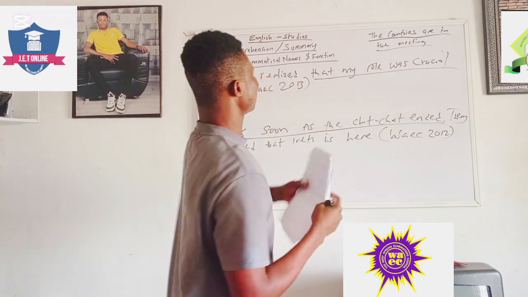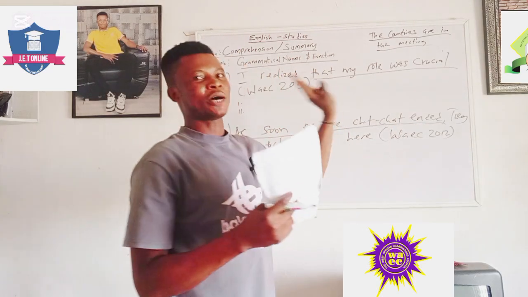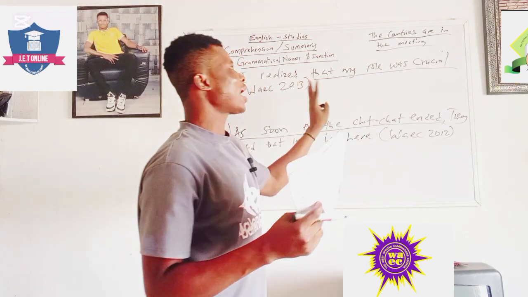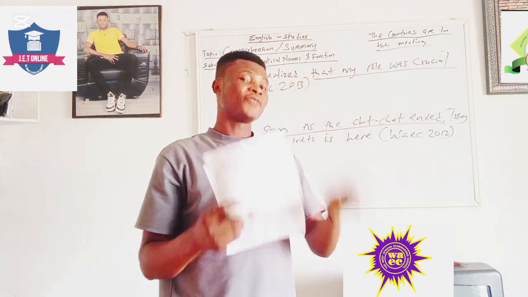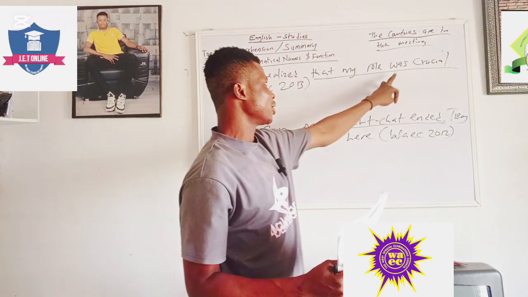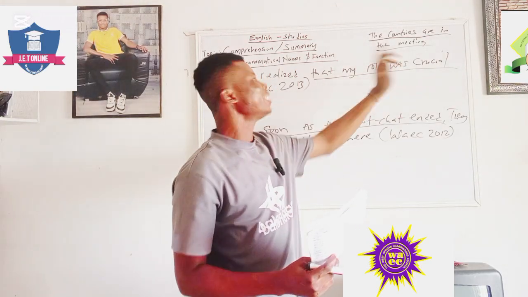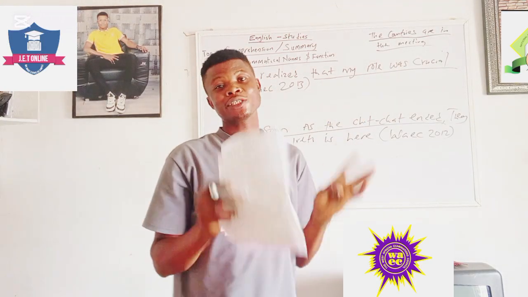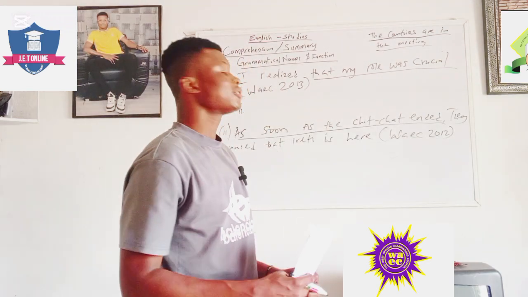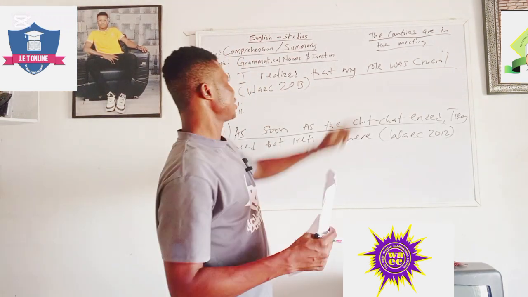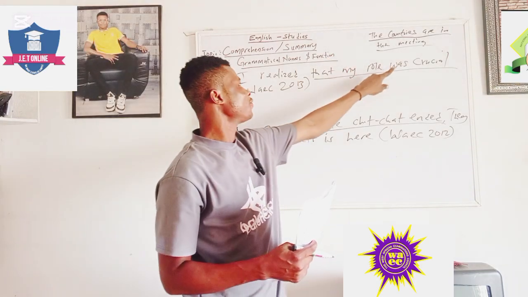Now let's look at this expression. I've told us that we look at our expression and discover if it is a phrase or a clause. Now, how do we do that? We look for the verb. Is there a verb there? Yes, we have a verb here, which is realized. And this verb is a finite verb. Why? Because it's showing a tense structure of its past form. Now, this expression is a clause. Why? Because of the finite verb.